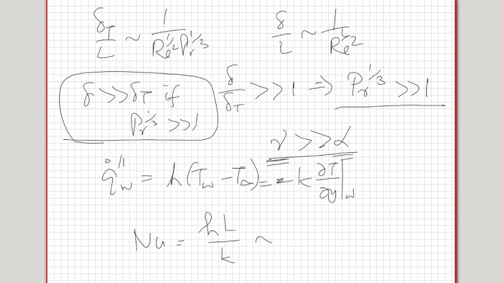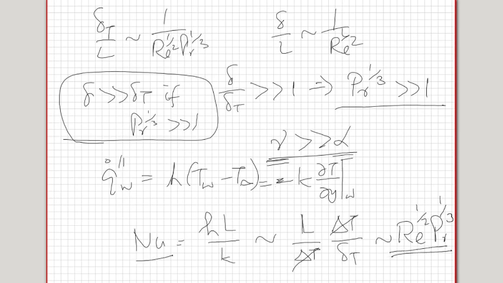So I'll get, this is of the order of 1 over delta T. This comes here, and I have multiplied by L, so I get an L here also. Multiplied by this del T by del Y, which is nothing but delta T divided by delta T. So this delta T gets cancelled. So I get a delta T by L. Okay, so the Nusselt number is of the order of 1 over delta T by L. So this becomes of the order of Re to the power of half Prandtl to the power of 1 by 3. So this is one result which I get without solving any equations, just looking at orders of magnitude of various terms. Okay, in the same way, I can write for the other two.